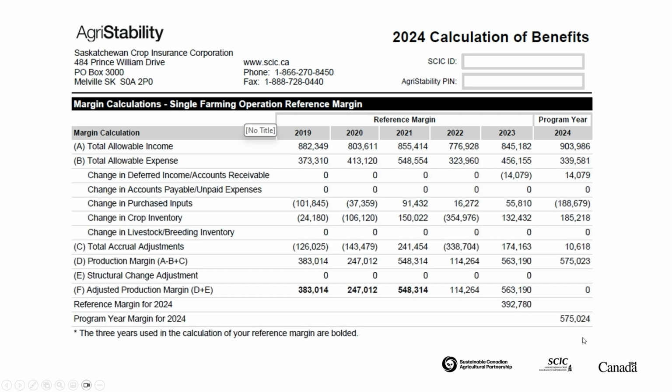Page number 2 details where these numbers came from and shows the reference margin history. So for this producer, in the program year column on the far right-hand side, the program year margin, we look at the allowable income, the allowable expenses, and those accrual adjustments that we talked about, and the program year margin calculates out at